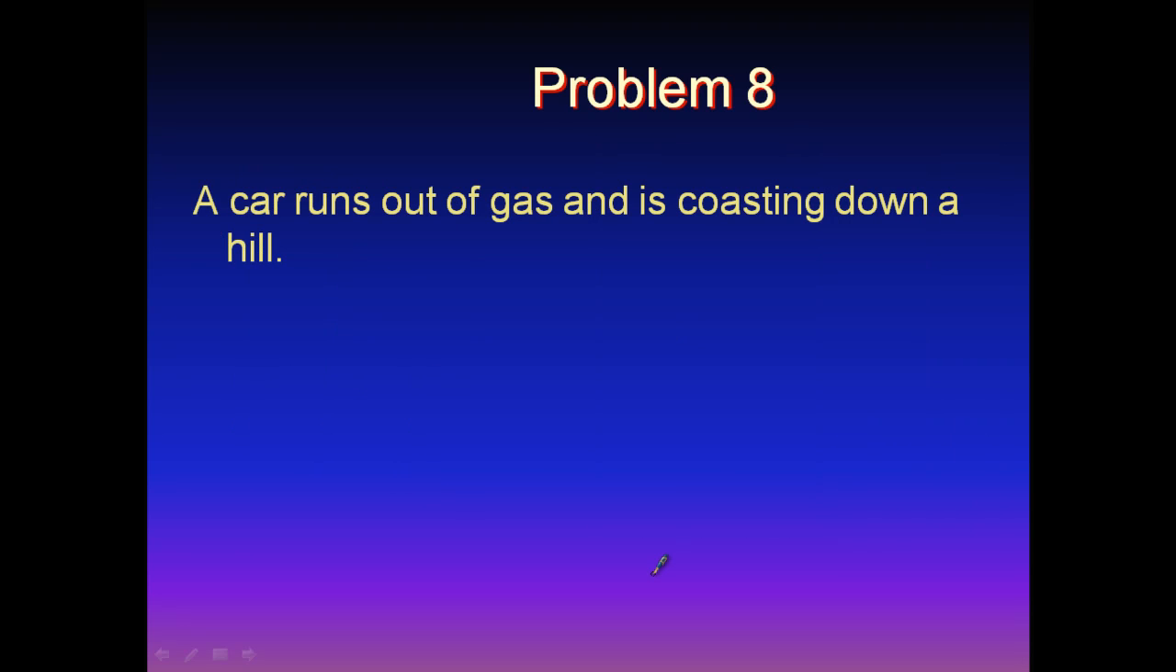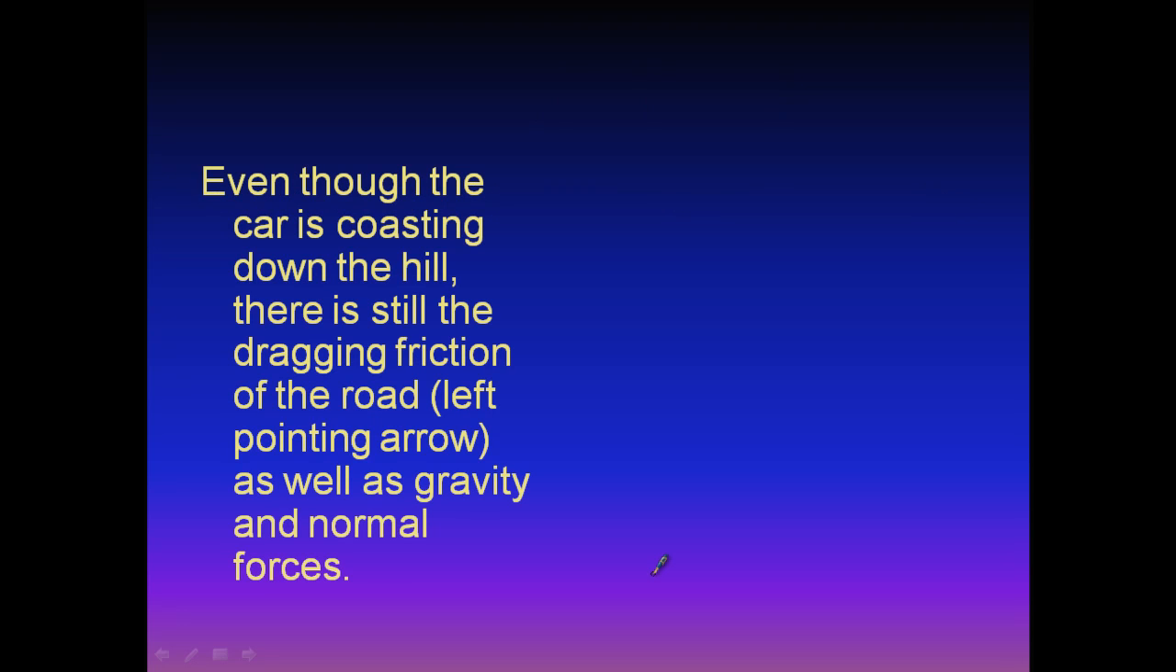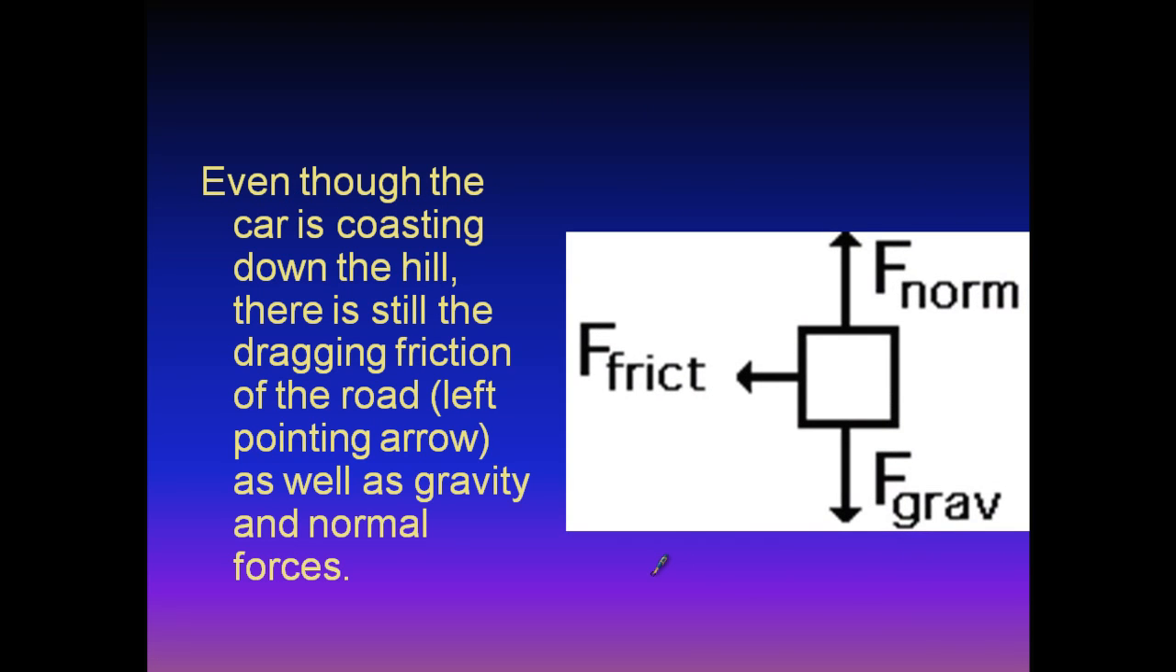Problem number 8. A car runs out of gas and is coasting down a hill. So even though the car is coasting down the hill, there is still the dragging friction on the road, which is the left pointed arrow, as well as gravity and normal forces. So if we really wanted to be careful drawing this,